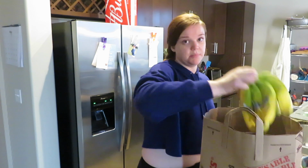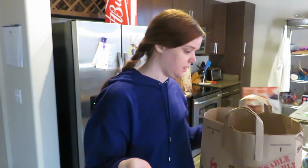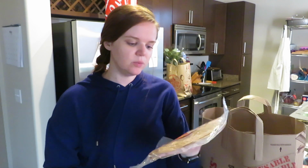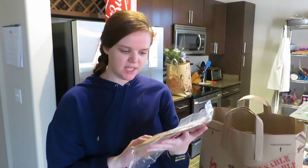So I also got some bananas for just the week. Also got some more of these pita bite crackers. I've talked about these before. We just really like them. I also got these whole wheat, I can't talk, handmade whole wheat flour tortillas. I've heard that their tortillas are really good. I don't think I've ever actually had them before, so we'll see, but